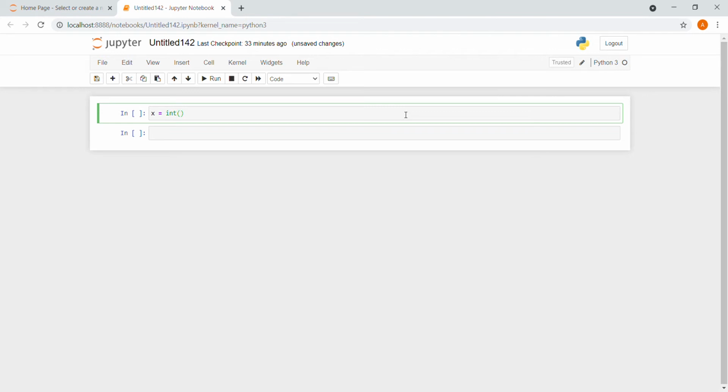and bracket, and I'll write an input function. Input, please enter a number. My second step is